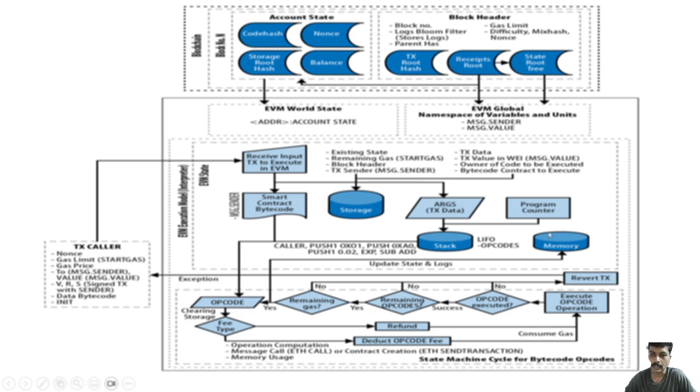And once the execution happens, and once a transaction gets executed, then you have the updating of the block. The EVM adds the transactions, which is the transaction root hash and receipts root, which is pointing to the state root tree, because it is following the Merkle root. So all your hash data will be available in the form of a tree, and that's pointed to